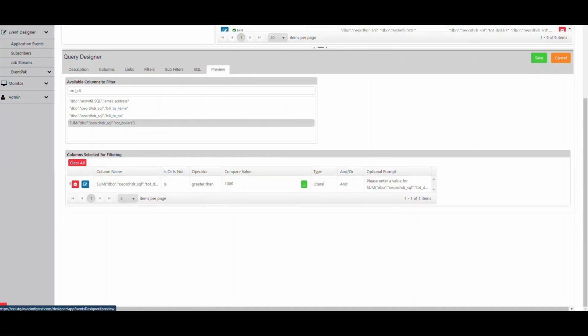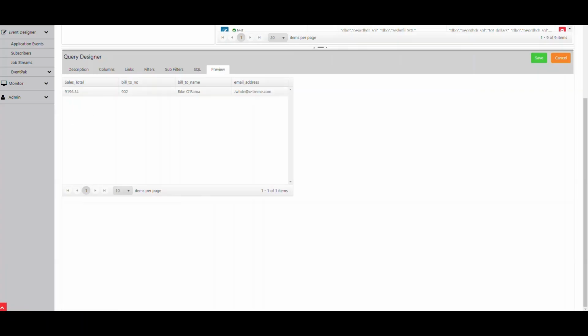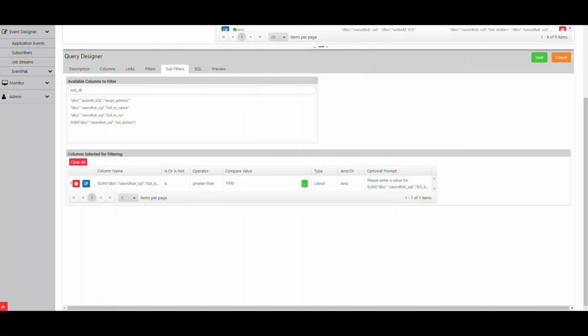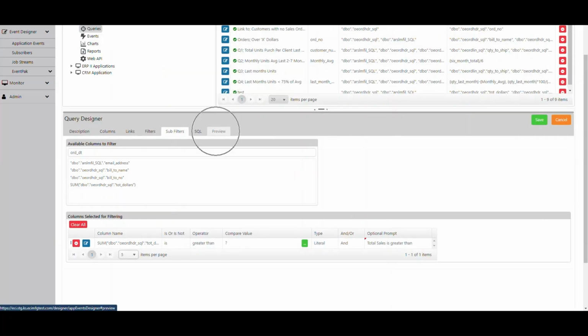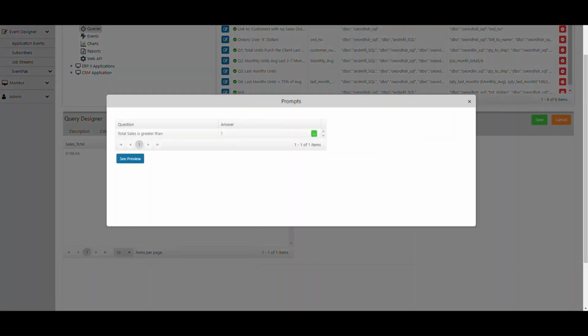Once again, I'll click on the Preview tab, and you will see it has fewer results, and it's only got 1 customer who has total sales greater than $1,000. Now, just like a normal filter, if I wanted to, I could go to the Sub-Filters tab and make this a parameter-driven filter. So I'm going to remove that $1,000 and place a question mark in the Compare Value field. And I'm going to put in the optional prompt area here and say total sales is greater than. And if we test this query by clicking on the preview button, it's going to bring up and prompt